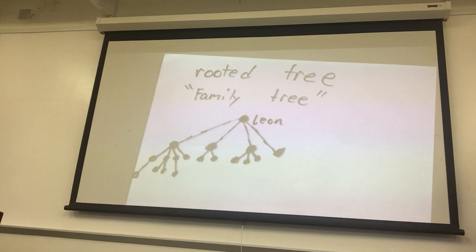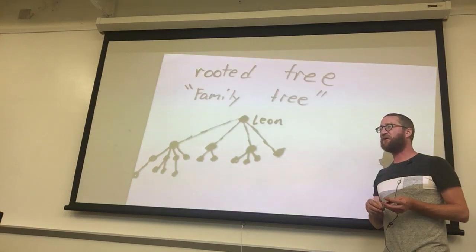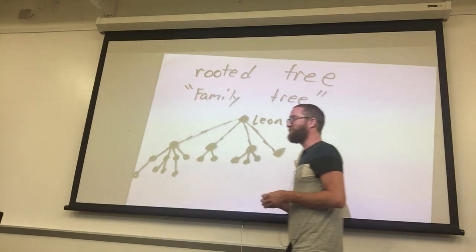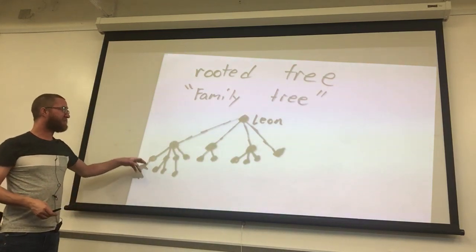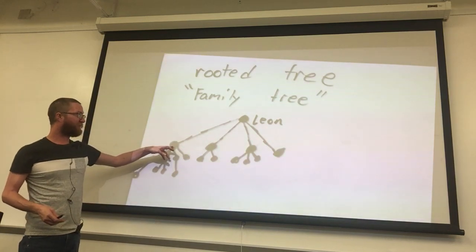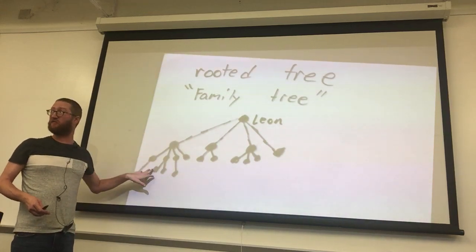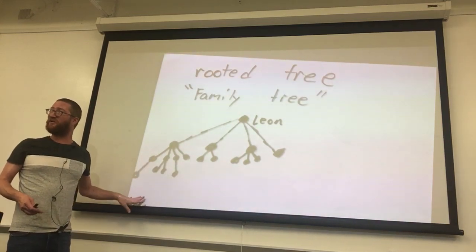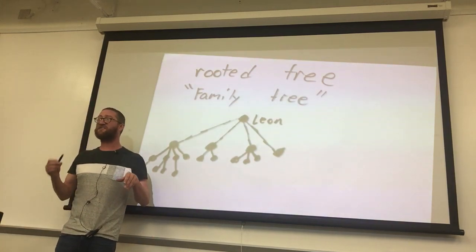Family trees are another example of a rooted tree, and what would be the main reason that you would not want a circuit to exist within a family tree? When you see a family tree, these are actually just the descendants. So if grandfather had this kid, they married somebody else outside of the family, and then had these other people, and then obviously we married outside of our family, and then had more kids. And so this is how the family tree goes. And so why would you not want a circuit to exist within a family tree?